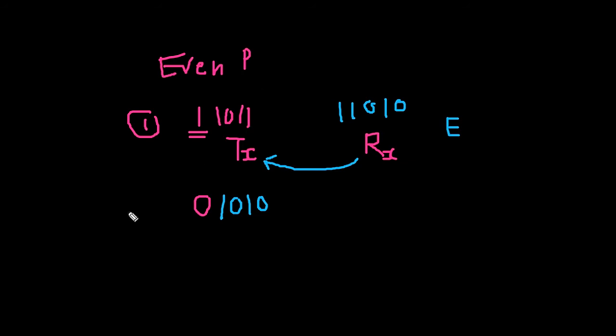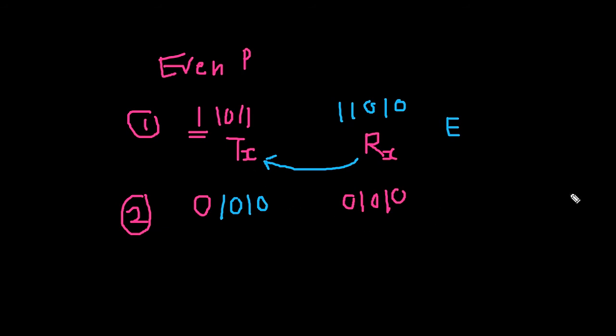In the second example, the data to be transmitted is 1010. The count of ones here is even, so the data to be transmitted already has even parity, an even number of ones. So 0 is appended at the MSB. Now the received data is, say, 01010. In this case the received data is equal to the transmitted data, so no error has occurred. The receiver will not request the transmitter to resend the data.